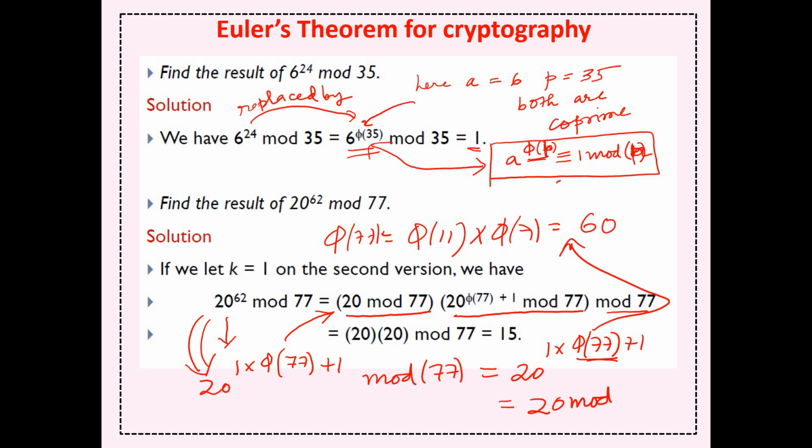So there will be two terms of 20 mod 77, and one term of 20 to the power 60 mod 77. And now for 20 to the power 60 mod 77, you don't need to compute anything. You apply the first rule and you get an answer of 1. That's why it's mentioned as 1. This in between there is 1. So, I think if people are getting confused a bit, what my meaning is,